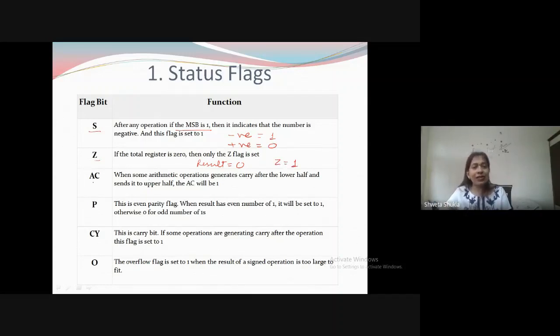Then comes the auxiliary carry flag. Auxiliary carry is similar to what we have read in the 8085 microprocessor. The only difference is that here the data bus is 16-bit. So in case of 16-bit, suppose these are 16-bit locations.